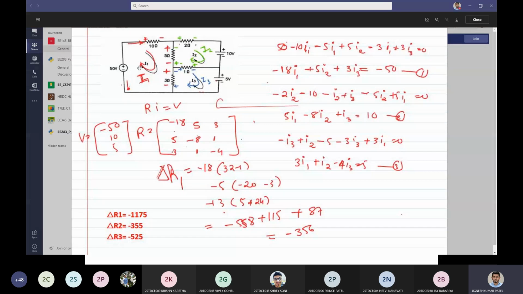Now to write the equation for this loop, I'll start from this point, the bottom left point. So first I'll travel in this direction. I am seeing the 50-volt source changing from negative polarity to positive polarity, so I'll write plus 50. Then I will move forward. I am getting one more resistor over here. As I1 is in clockwise direction, positive negative potential is appearing across this resistor in this way. So this is a drop in potential, so I'll write minus 10 I1.